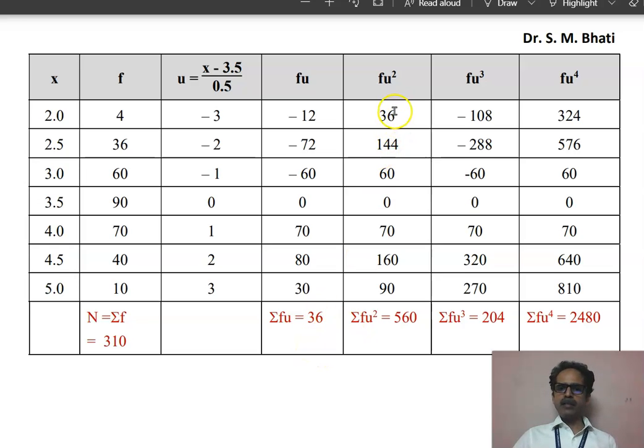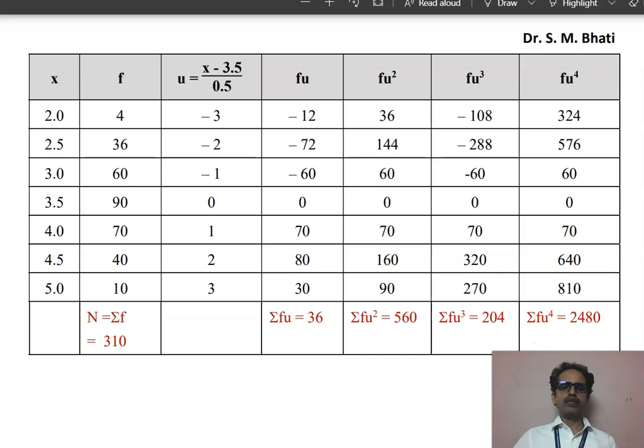If you add these 7 entries, you find the column sum, which represents summation fu square. Again, if you add these 7 entries, that will give you 204. It is a column sum, and similarly adding the last column gives summation fu raised to